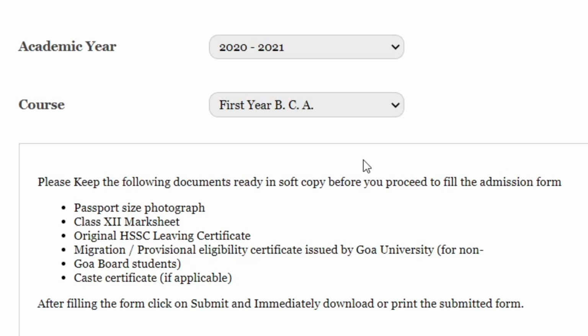Example, if your name is Rahul Kumar, let the file name be rahulkumar.jpg or rahulkumar.png. You will also need class 12 mark sheet, original HSSC leaving certificate, migration/provisional eligibility certificate issued by Goa University, caste certificate if applicable.